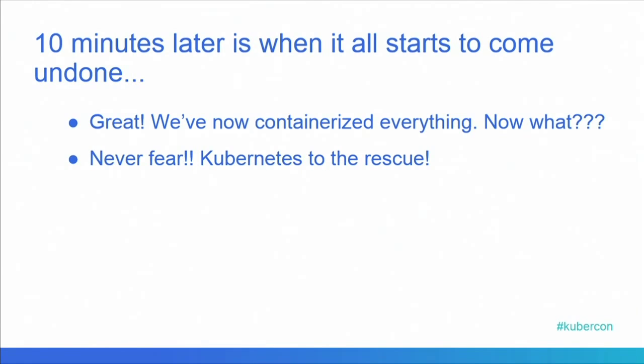Everybody's on board, great. So developers are off, they're playing with containers, and 10 minutes later they come back to you and go, but how do I run this thing in production? So great, now what? How does the networking work? How do you do persistent storage? How do I make sure it's up? You quickly fall flat on your face and realize that there's got to be something bigger. You cannot organize the chaos that is containers running everywhere with a Docker client. So that was our plight, and that's why we got looking into Kubernetes.